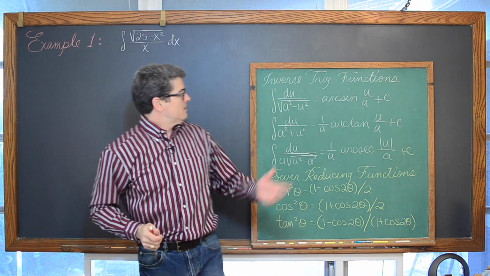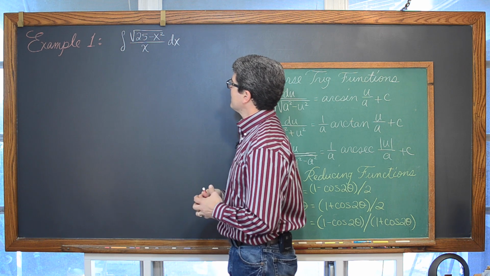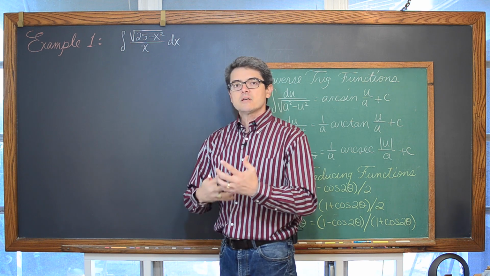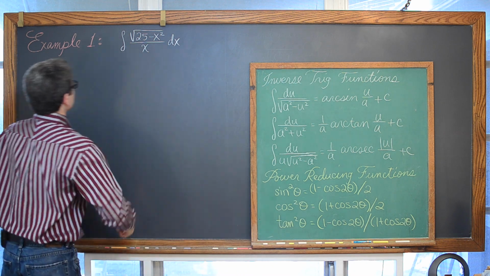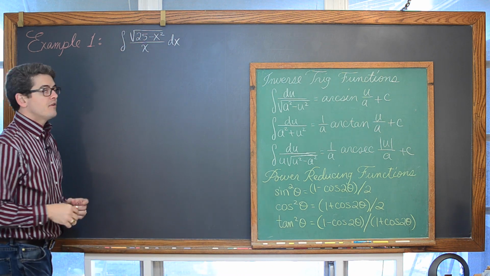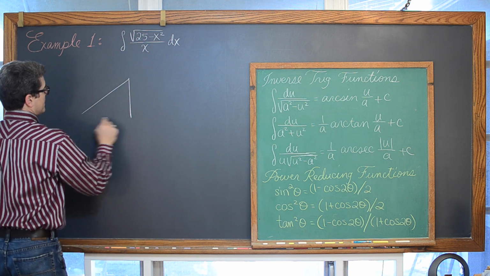We can't use this integration formula here for arc sine of u over a plus c. So let's set up a little right triangle and see what we can do with some trigonometric substitution. We have the square root of 25 minus x squared, and when you think of your right triangles,